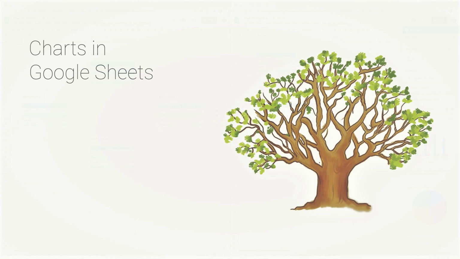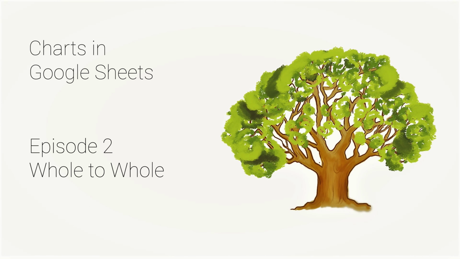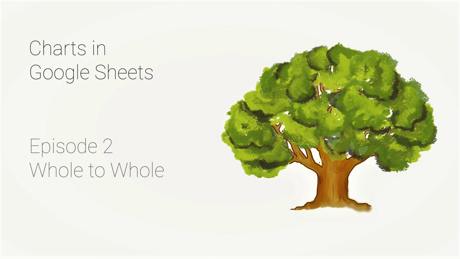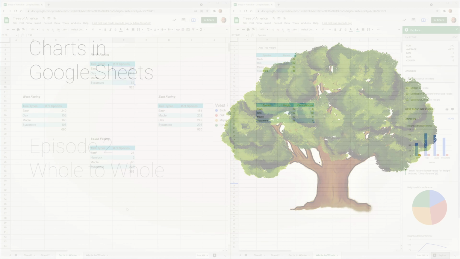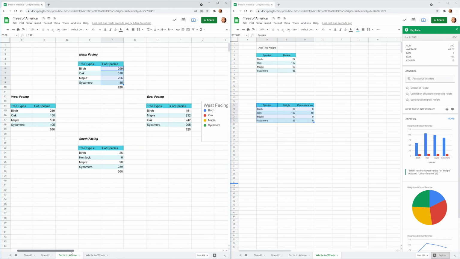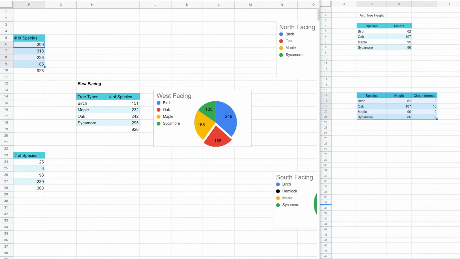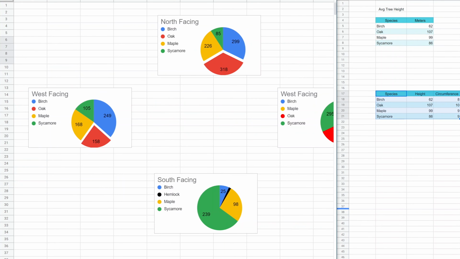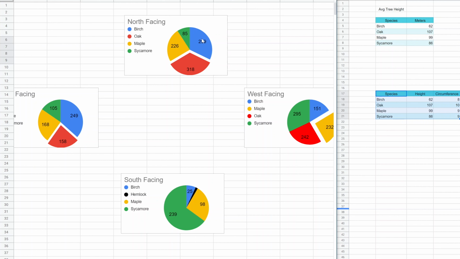All right, so we're still on our tree surveying journey in the mountains of the eastern United States. And we finished up in the last episode comparing some parts to a whole, is how we phrased it. And that was when we were looking at data and comparing each number to the entire amount. So in that case, pie charts were helpful, but now we're going to move on.